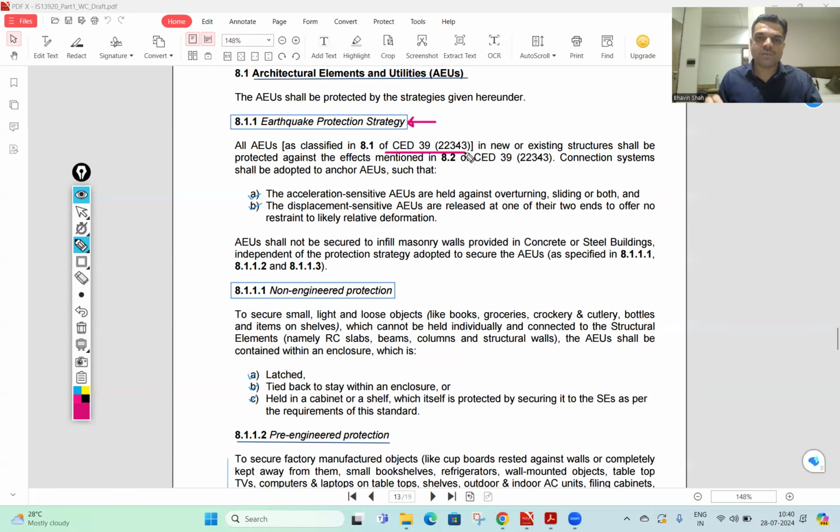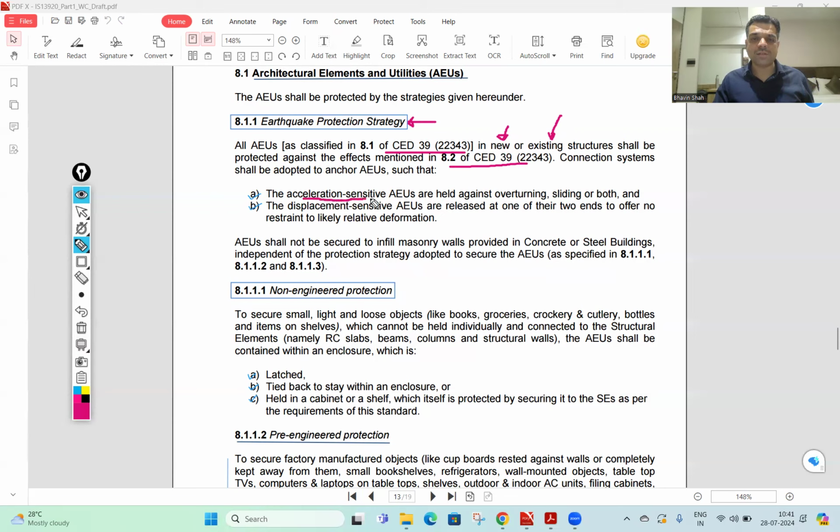So here reference is given to the draft code IS 1893, and what it says is that all AEUs, whether in a new or, let's say, in an existing structure, shall be protected against the effect which is mentioned in para number 8.2 of CD 392233, and a connection system shall be adopted to anchor AEU such that